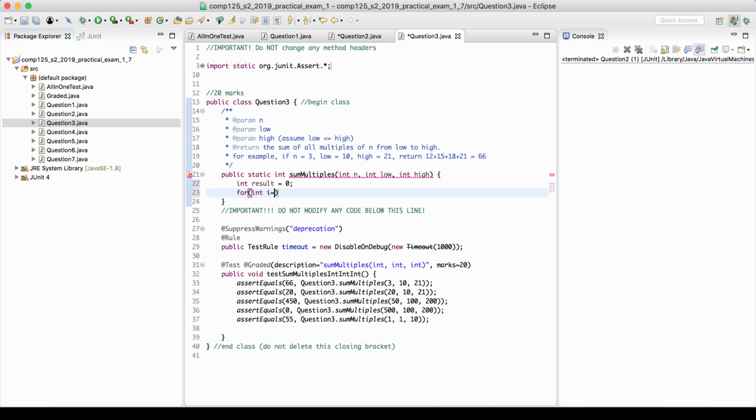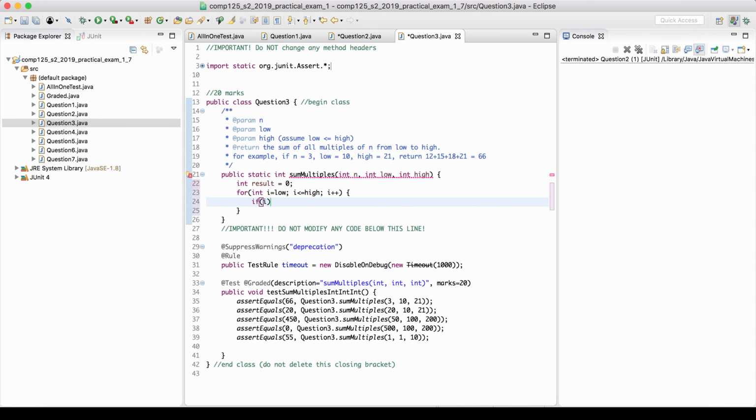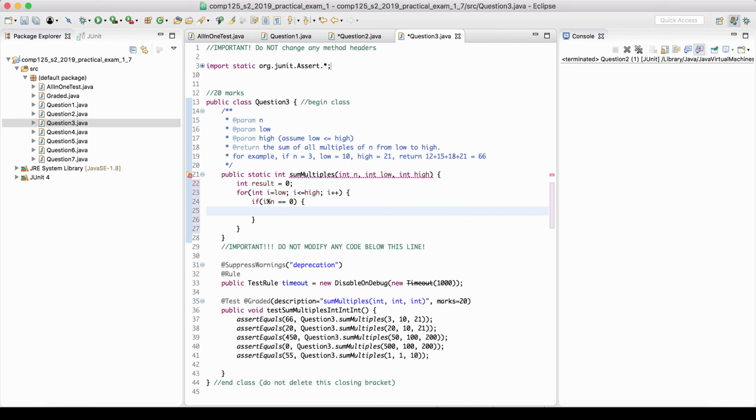So we'll have a variable to hold the result. We'll go through each item between low and high, and if the current counter is a multiple of n, it means that the number divides n. I'm going to make a deliberate mistake here, and if that's the case, I'm going to increase result